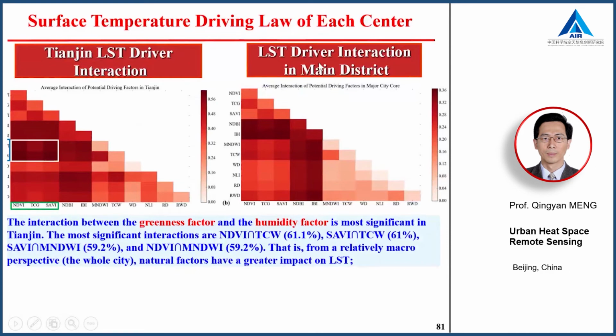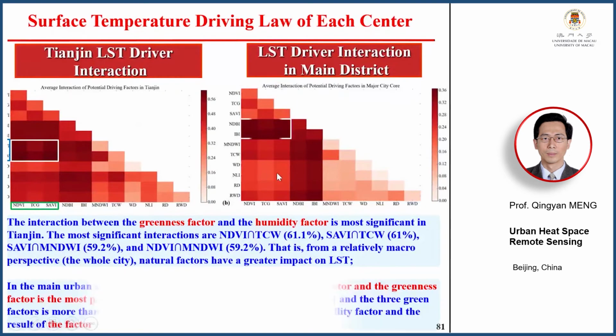driver interaction. This is the interaction in the main district. You can see that the interaction between the greenness factors and the humidity factors is most significant in Tianjin, and the most significant interactions are NDVI and TCW, SAVI and TCW, and so on. That is, from a relatively macro perspective, for the whole city, the natural factors have a great impact